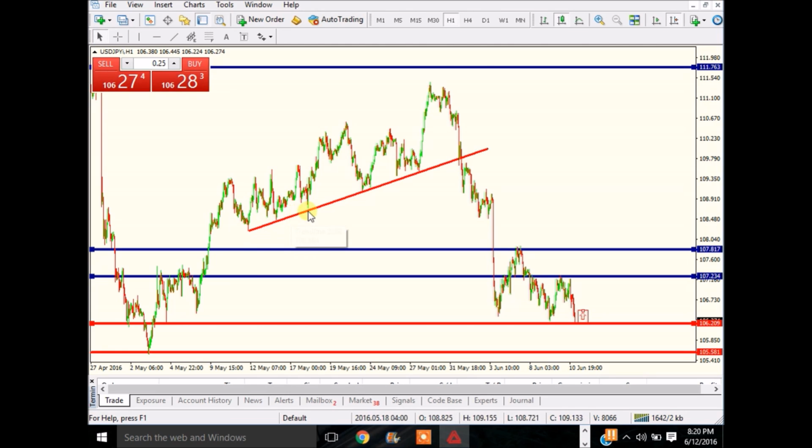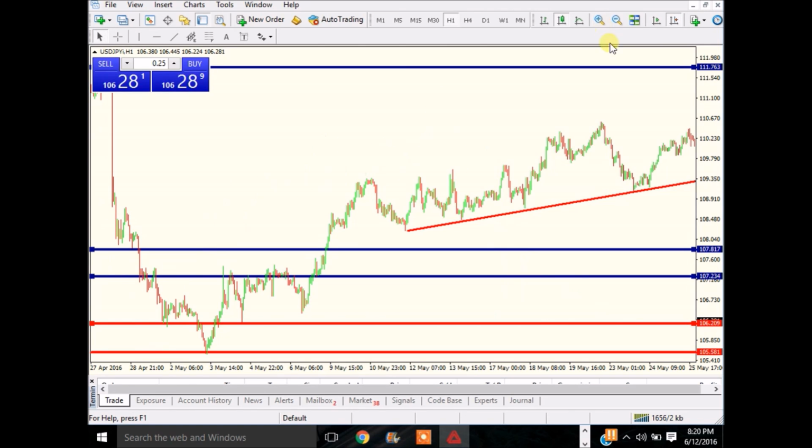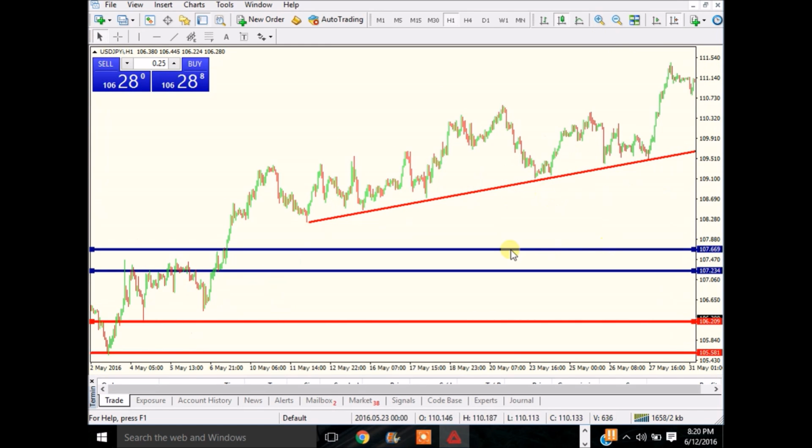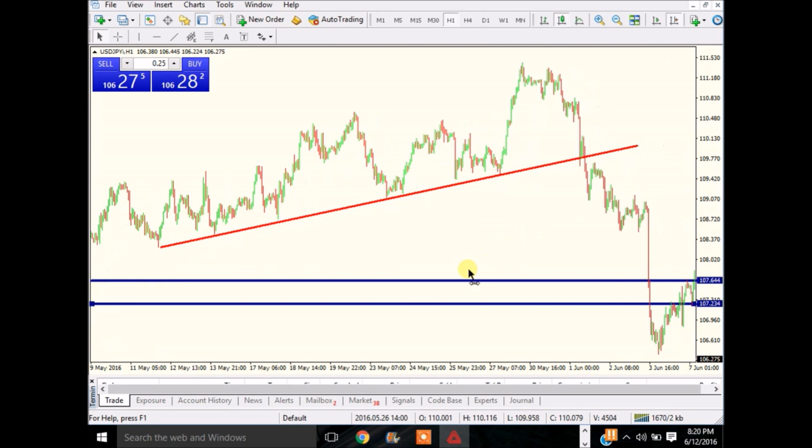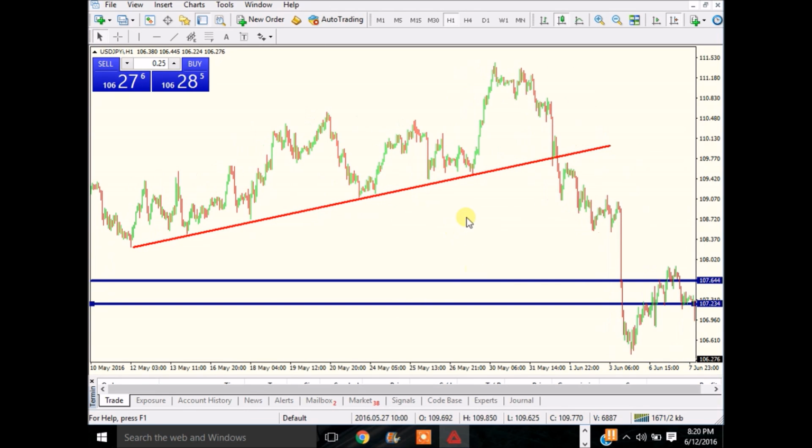In 1, 2, 3, 4, 5, 6. Touched it 6 times, right? So you know it's an uptrend. You identified that. Now, when a trend is going to be broken, the only way a trend can be broken, support or resistance too, is if it is a long candle. A long candle meaning